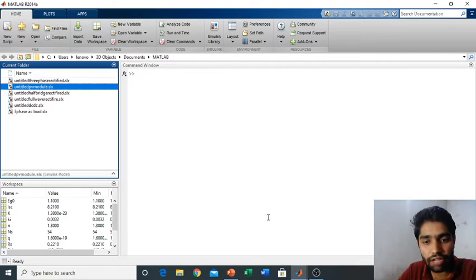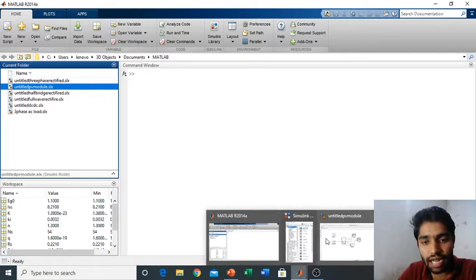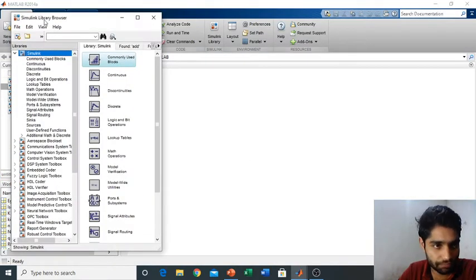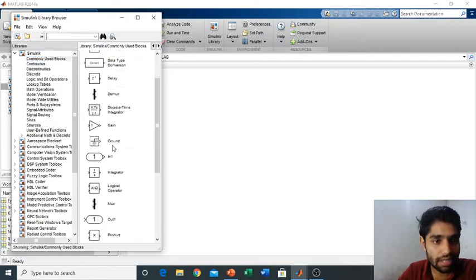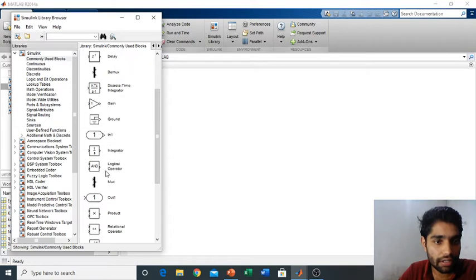जैसे ही आपने क्लिक किया, you will move to the next page, and that is like this. This is Simulink. So basically just visit the commonly used blocks, and here you can find this is the In1, and this is the output block, and this is the product block. When we have to multiply or divide some quantities or some constants, we use this product block.